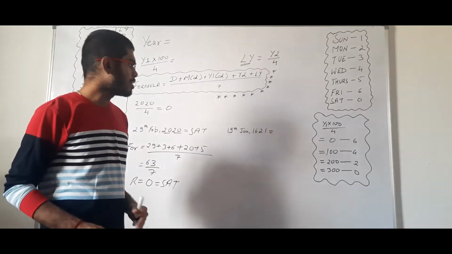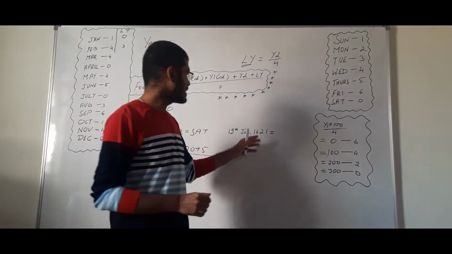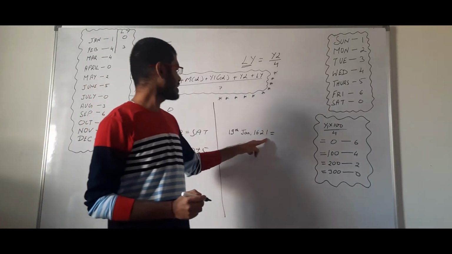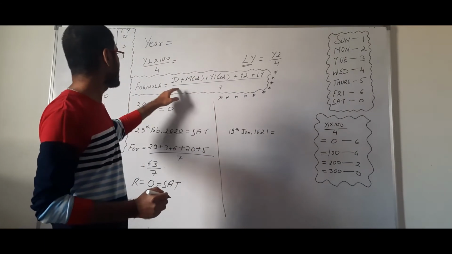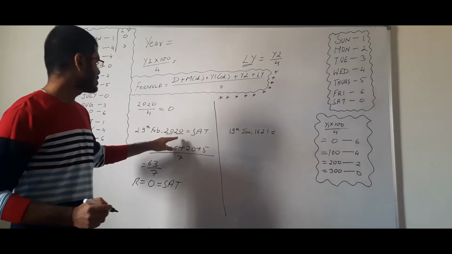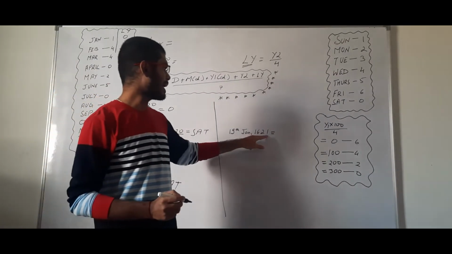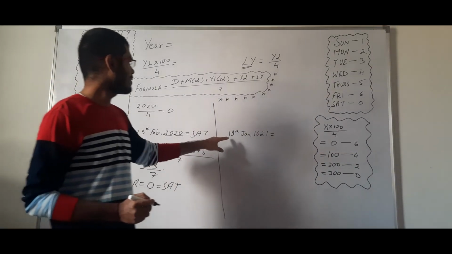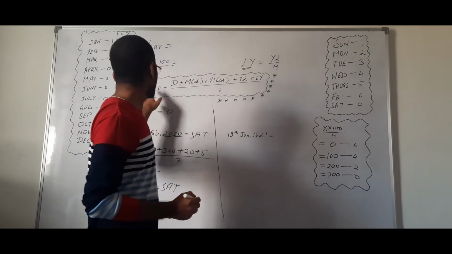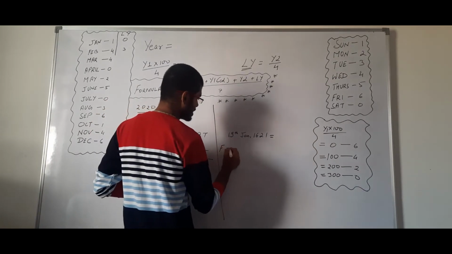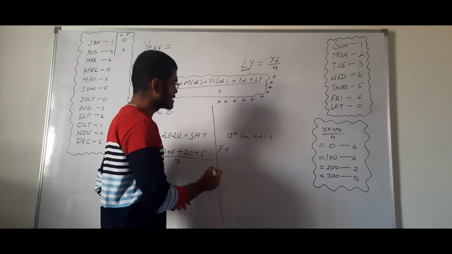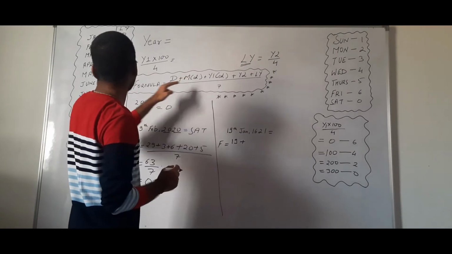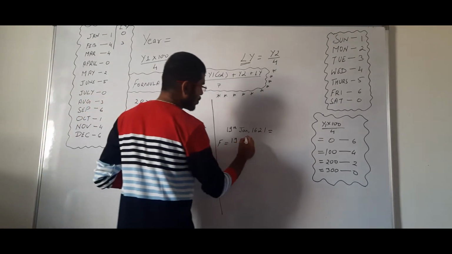Okay, so now we look at our second example, that is 19th Jan 1621. Let me divide it. Now again we look at this formula. Remember guys, the earlier one was a leap year, but here we don't have a leap year, so we will be using these codes and not these two. The formula says initially we will have the date as it is, and the date is equal to 19. Then Jan has a month code. What is the month code? Month code is equal to 1.